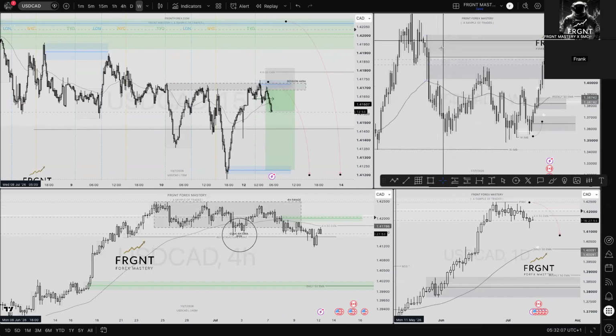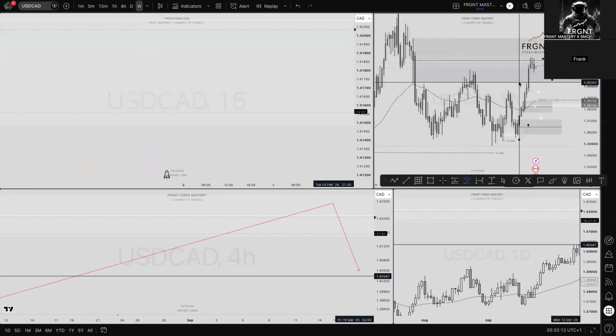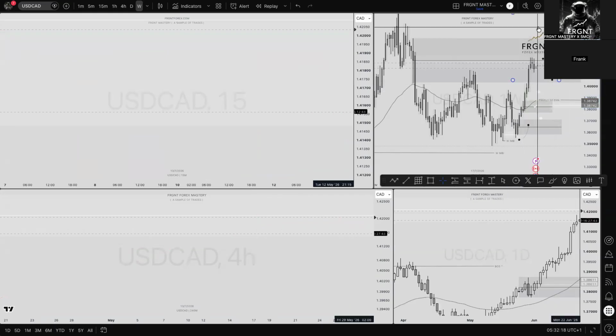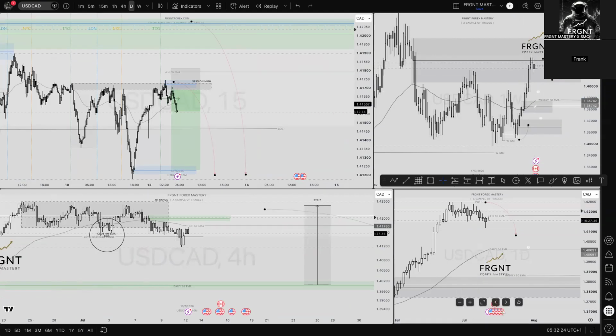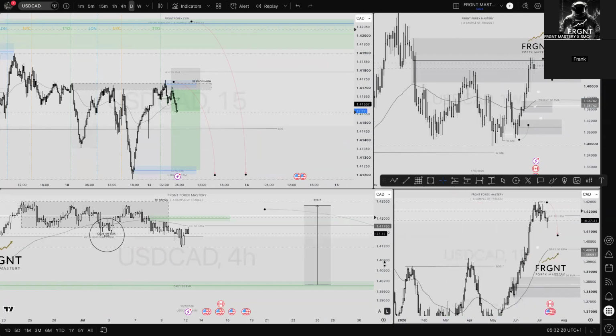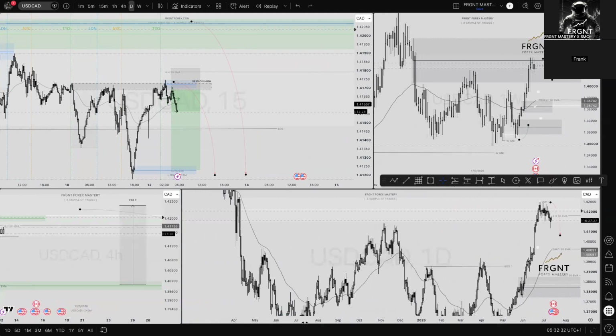Now, when you start to refine this order block down, because of course, as you guys can all see, this order block is far too large for me to take a position from, with a 2,000 pip stop loss or whatever you want to call it. So refine this order block down perfectly in the equilibrium, the midpoint of that weekly order block. We are nicely within this white order block. That is our daily time frame. I will scoot it over so you guys can see why I'm using that order block.